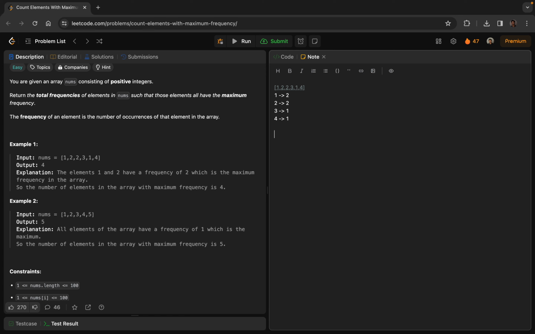Okay. So these two have the maximum frequency, so our result should be 1 and 2 and 2 and again 1. From here we'll only keep the elements that have maximum frequency. 1 has maximum, 2 has maximum, 2 has maximum, 3 doesn't have maximum frequency, 1 has, 4 doesn't have, like that. And if we take this example,